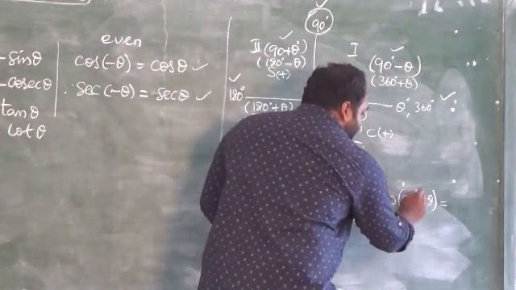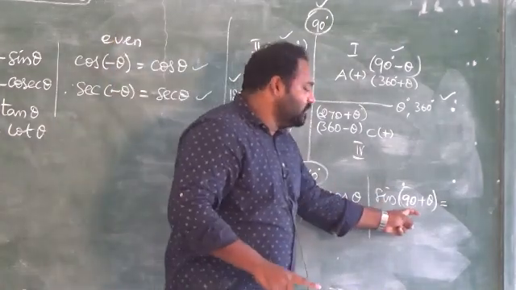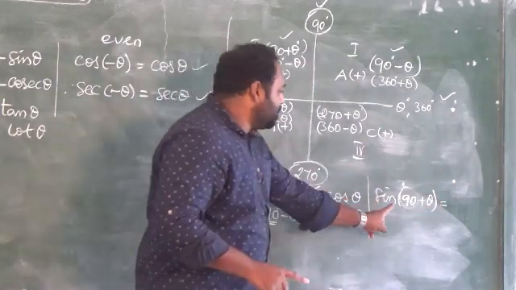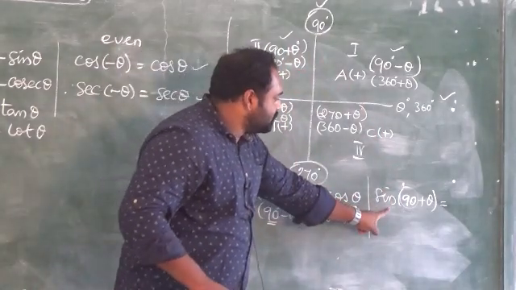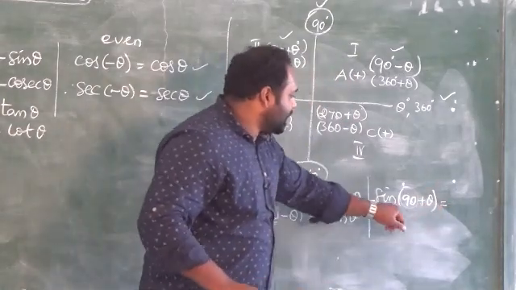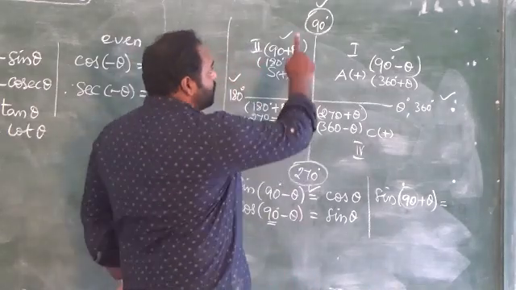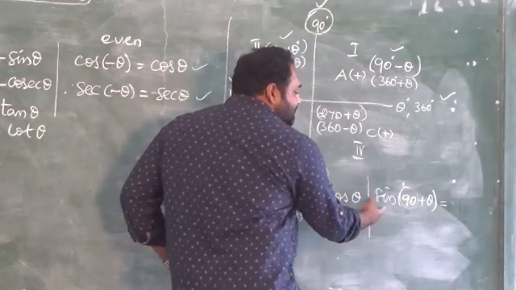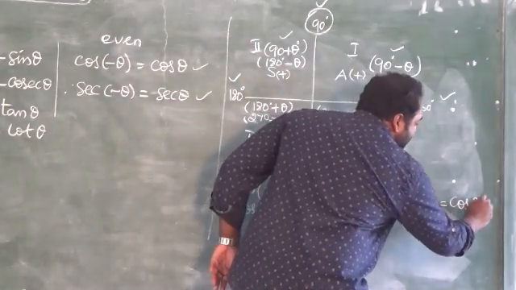Then for the 90, first we have to check the quadrant, next the value 90 or 270, then the answer. So first I am checking the quadrant, which is the second quadrant. Sine is positive, so we have no change in the sign. Next, since we have a 90, as I told you already, when you have 90 degrees and 270 degrees we have to change to the co-ratio. Sine will become cos theta.